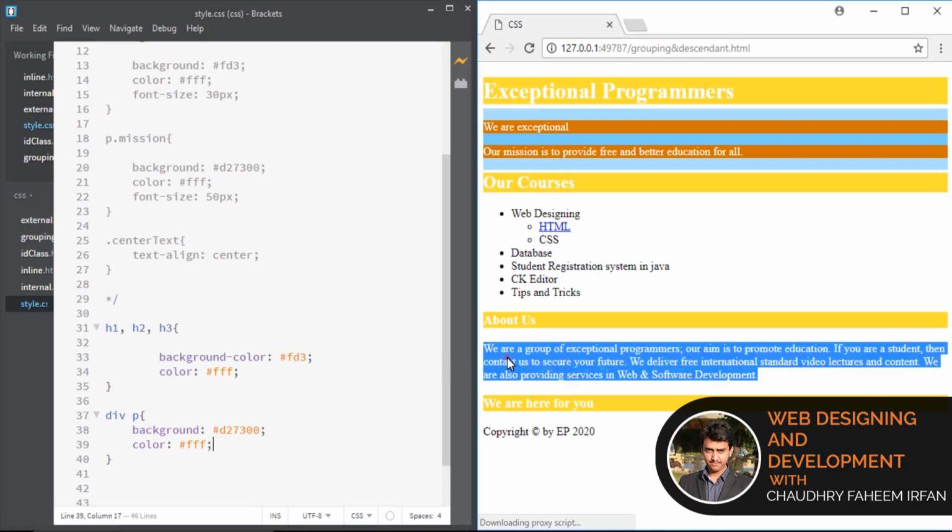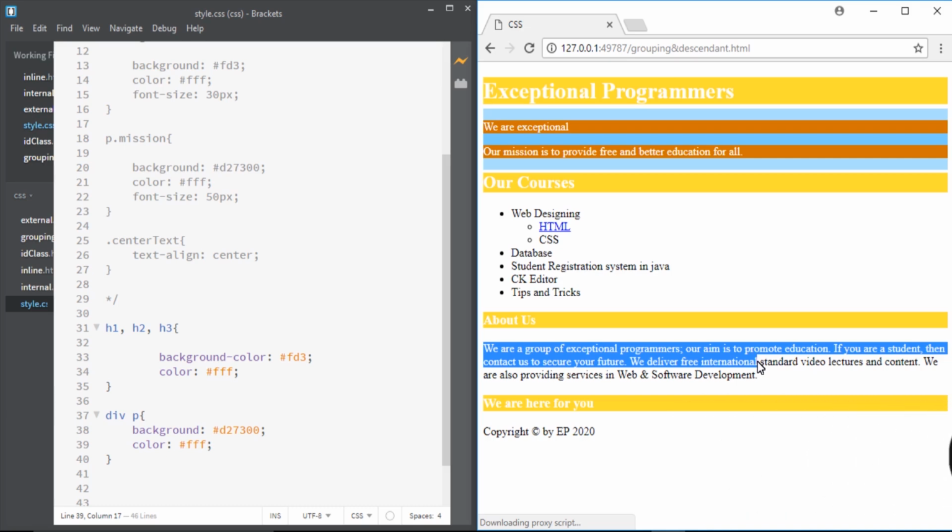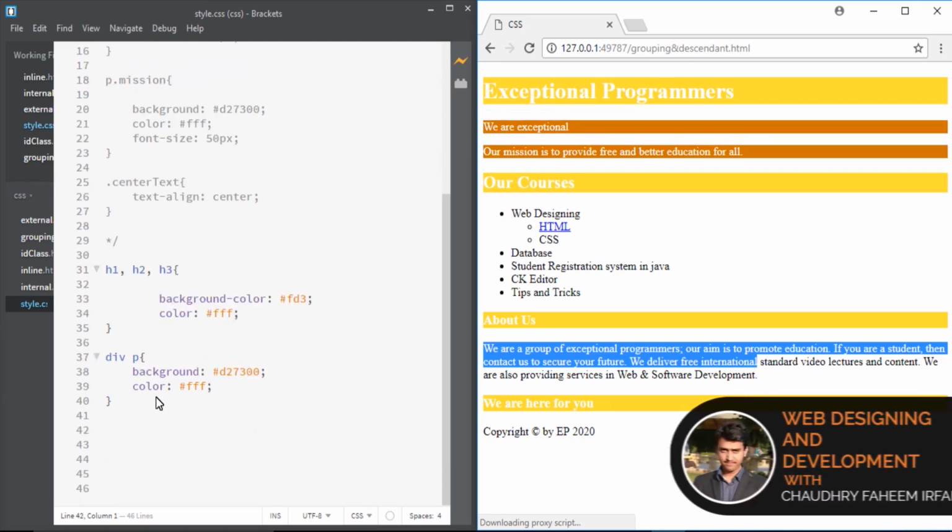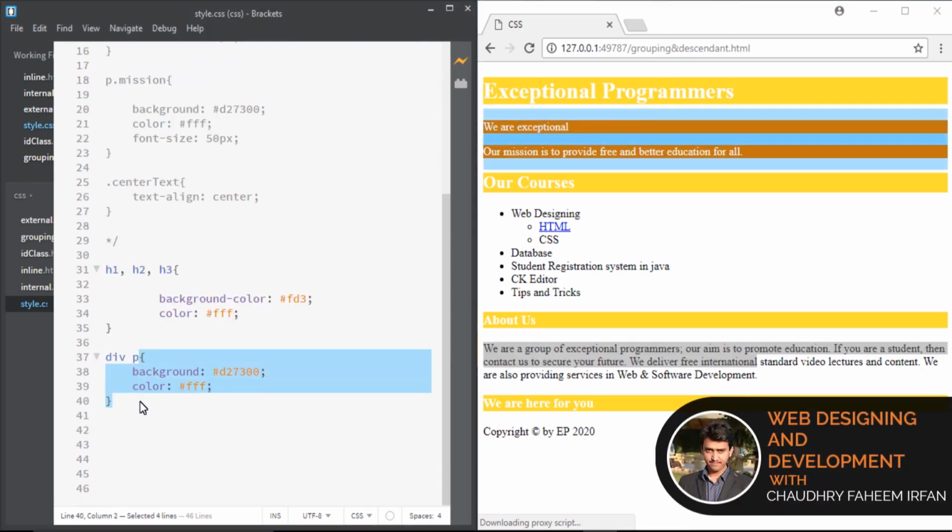Look at this paragraph is not affected. Why? Because this paragraph is not inside the div element. Another example, copy